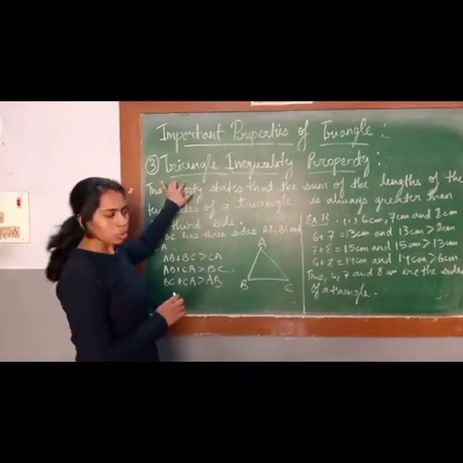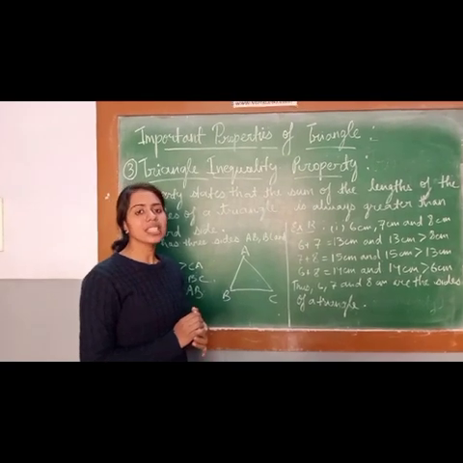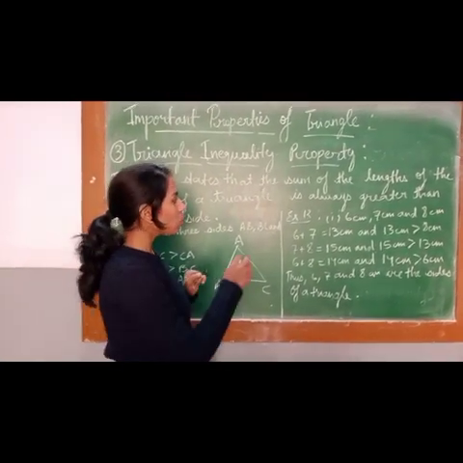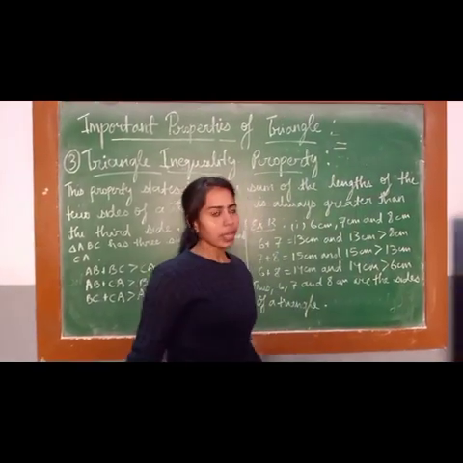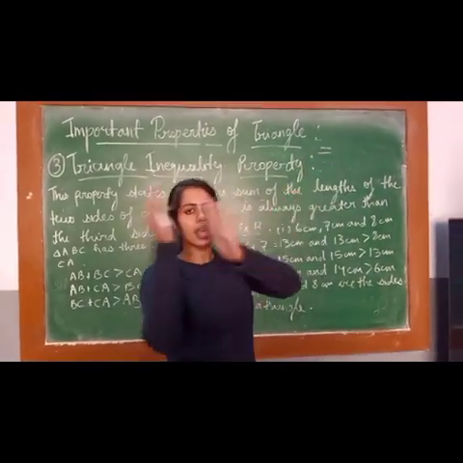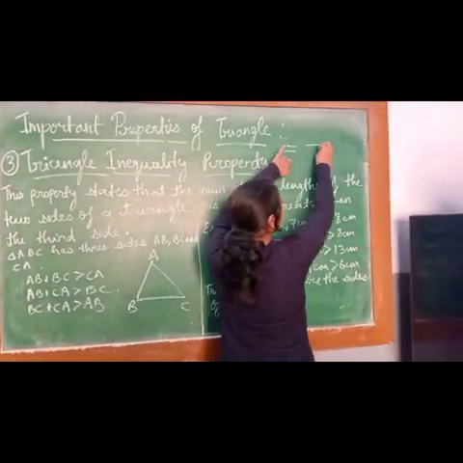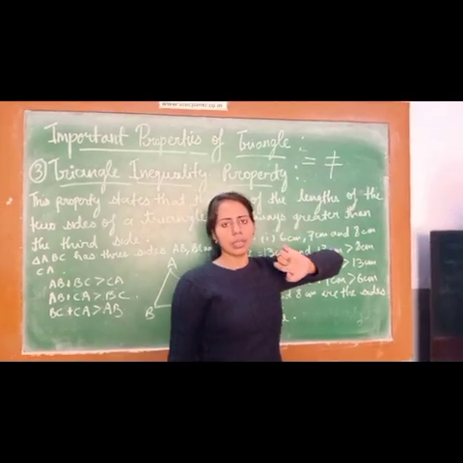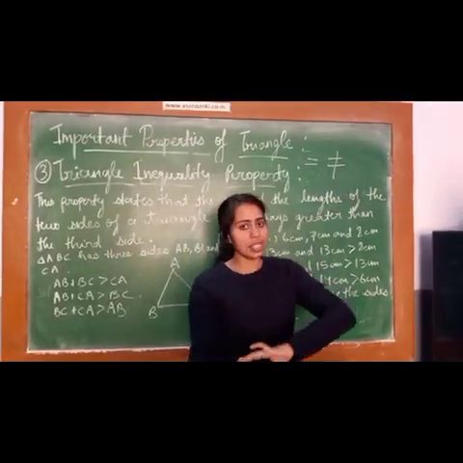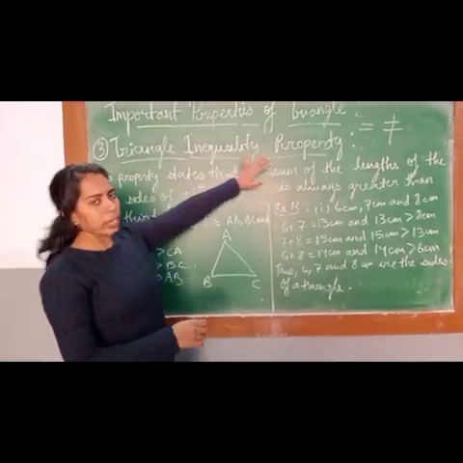First of all, you all know the meaning of triangle. Let's learn about inequality. What is the meaning of inequality? Unequal. You all know, equal to sign is like this. It shows that something is same as other thing. But unequal is something like this. It is just the opposite of equal, means something which is not same as the other. Okay. So this is about triangle inequality property.